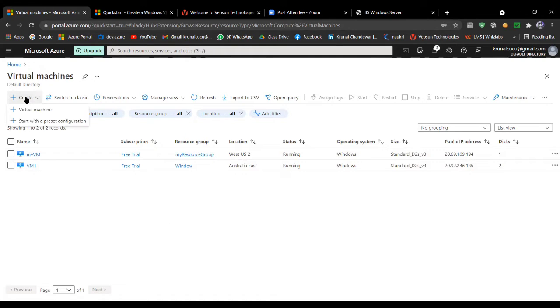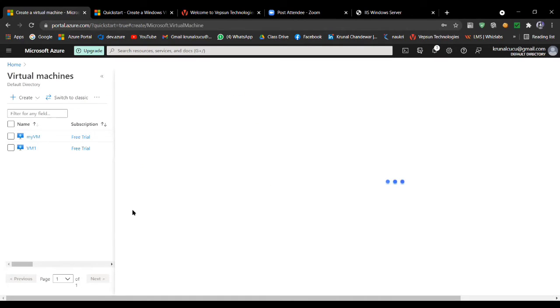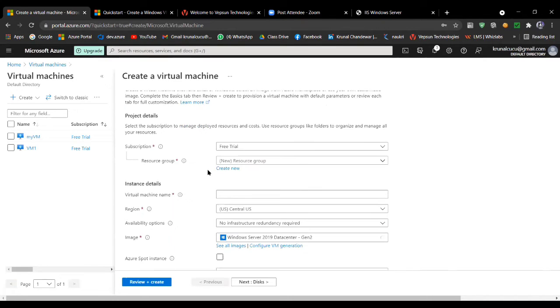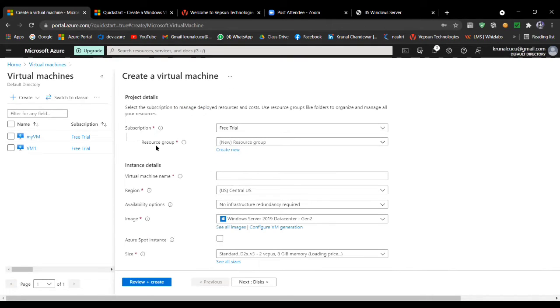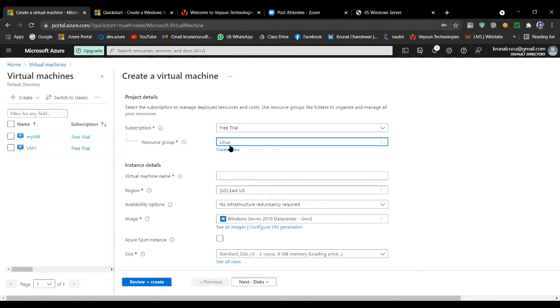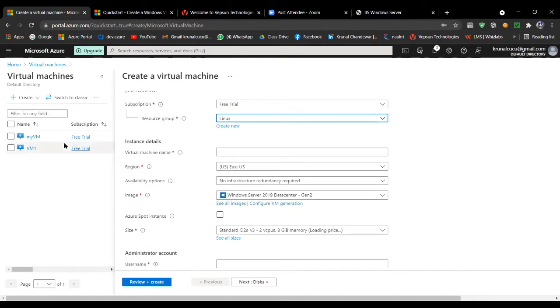So first click on create, then click on virtual machine, and here you are getting options: first is our free trial, and second it is asking about the resource group. I already have a predefined resource group for Linux. So I'm selecting the resource group as Linux, and then it is asking me for a virtual machine name.